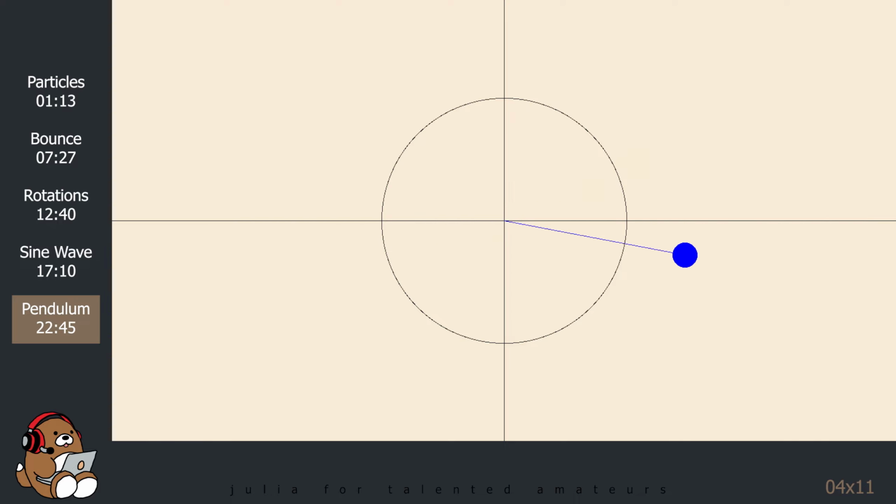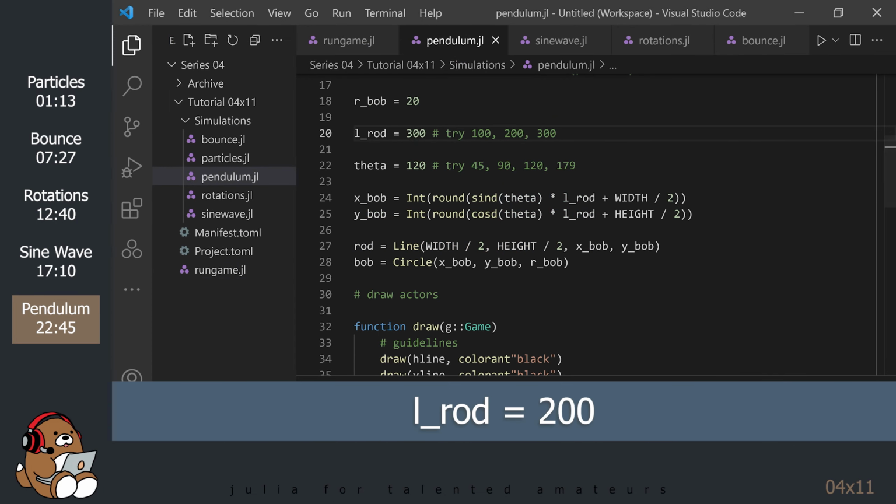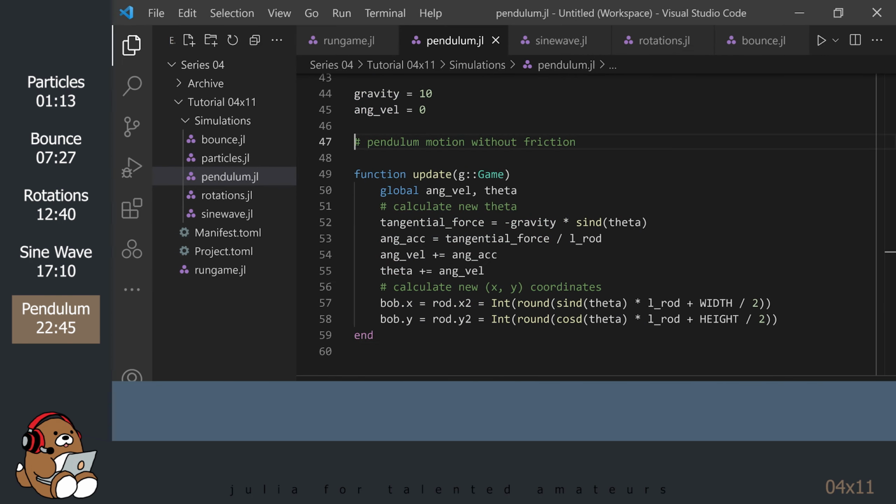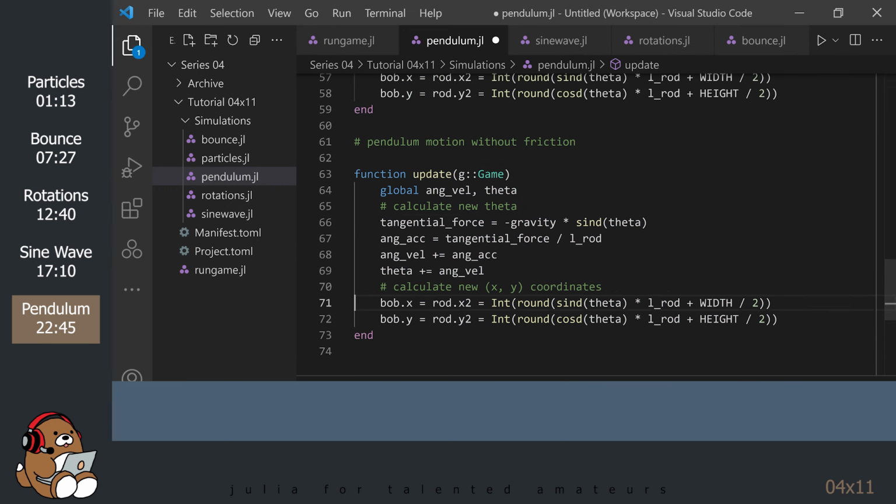For this simulation, we assumed no friction, so this pendulum will continue to swing forever. If you want to make this simulation even more realistic, it's easy to add some friction to your model.